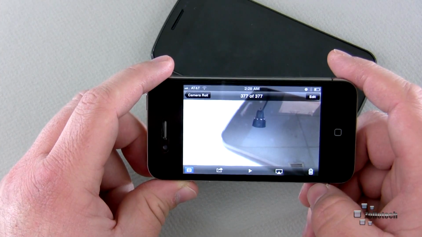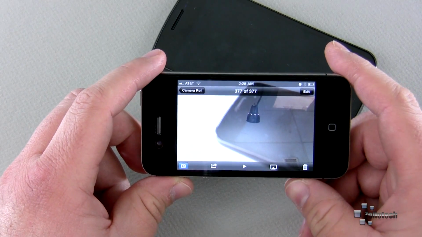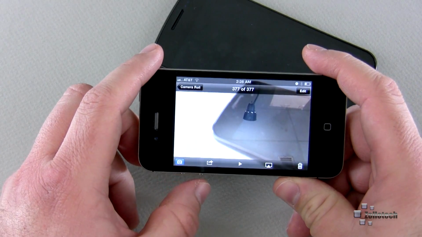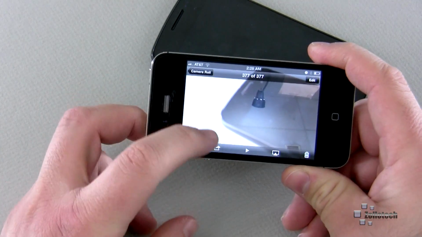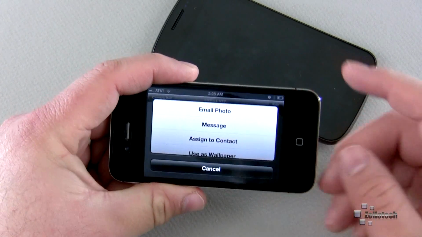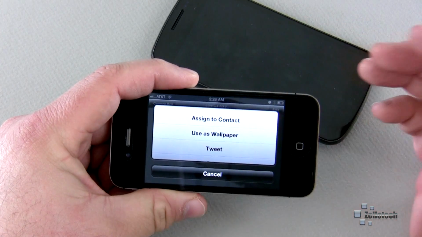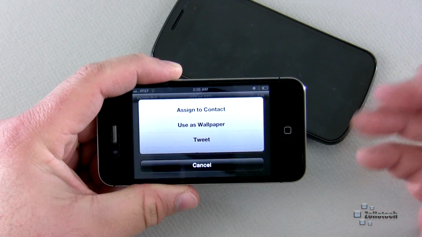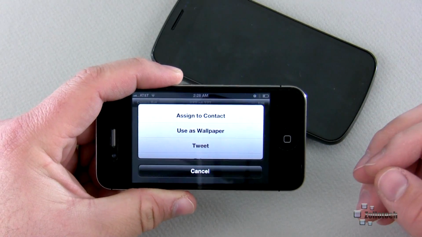And you can see here's our image, and we have a bunch of options across the bottom. You can see we have the little camera button here. We have another button. This just brings us back to the camera. We have a button here, and this lets us share our photo very easily. We can email it, message it, assign it to a contact. So if we want it assigned to a brother, sister, family member, whoever, we can assign a picture of them